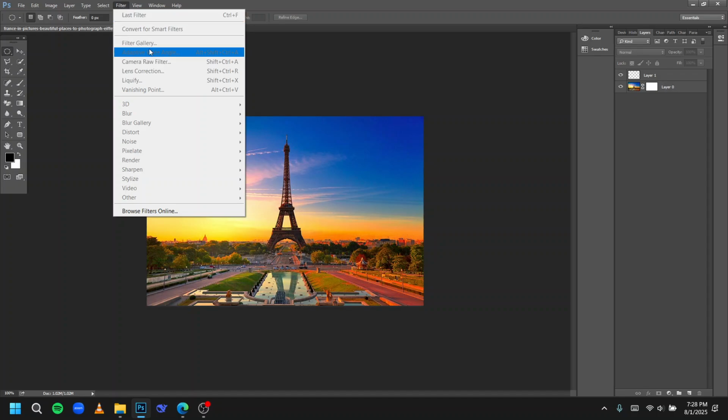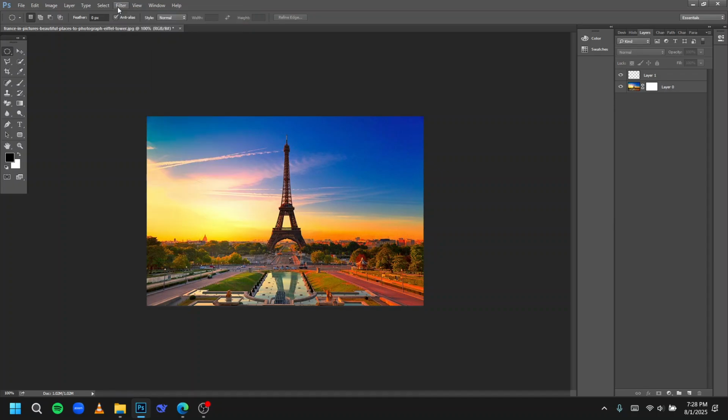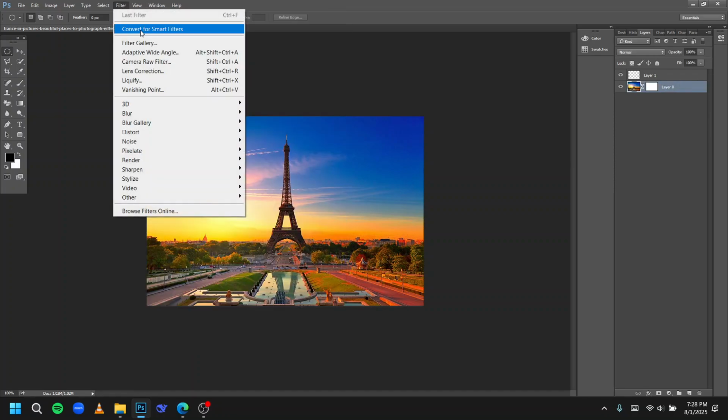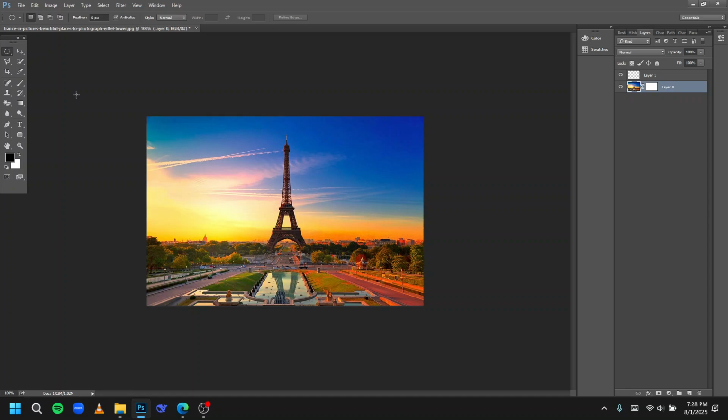So what you can do is, the neural filter option should already show here, but if that's not working, then you have to simply choose the layer, then click on the filter menu, and here you can see all the options are currently working. So you simply choose the neural filter option from here, and it will most likely work. But if for some reason that's also not working, then what you can do is click